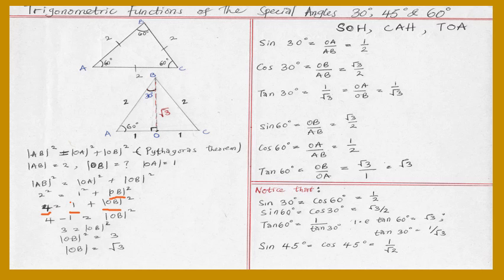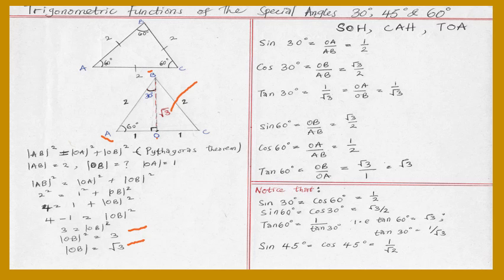So if we move this 1 to the other side, we have 4 minus 1 equals OB squared. 4 minus 1 is 3. So 3 equals OB squared. OB squared equals 3, and OB will be equal to root 3 when we find the square root of both sides. So now we've established that OB is root 3. So having known the three sides of triangle OAB,